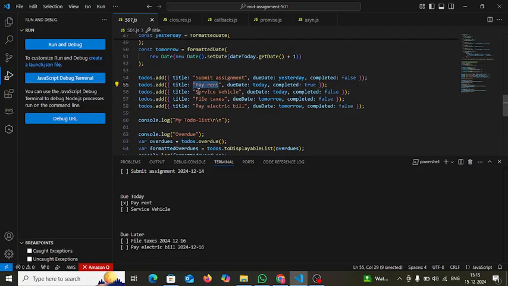Pay rent and service vehicle, all the tasks are listed here, and they are divided into three parts: overdue, due today, and due later. In due later, there are two tasks: a file to access on a particular day and pay electric bill on